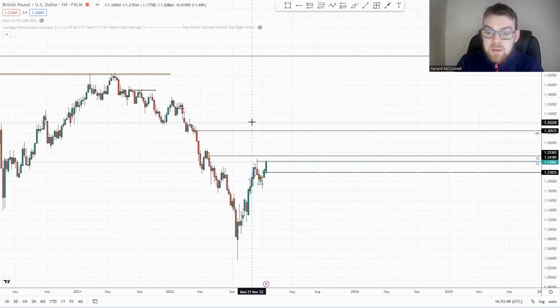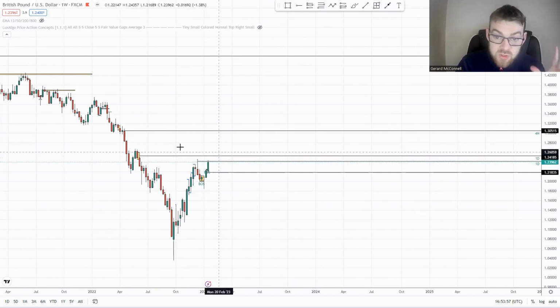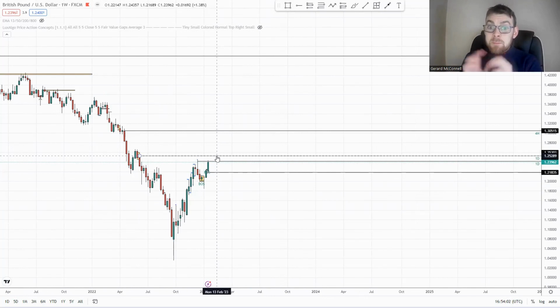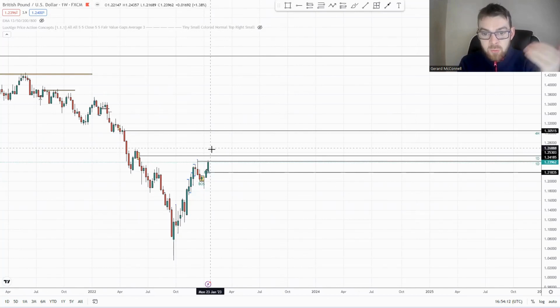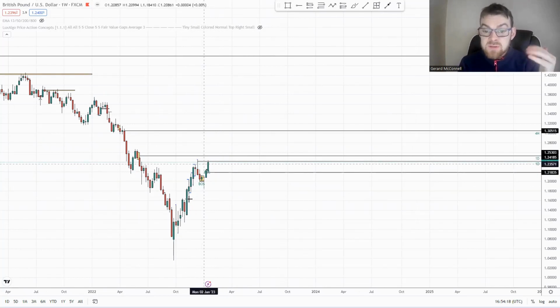All right. So cable obviously continued to progress higher. If you look at the weeklies, strong weekly closure this week. It does look like the market is going to have a run at 125, 126 next week. I think that's going to be important, because if we do see that dollar weakness, particularly into the Fed, on the 1st of February we have the Fed meeting. We've also a raft of US data on the 1st of February. So naturally enough, that could be a potential new high into the FOMC, then a potential pullback on a fundamental shift, and then you're getting your highs and lows within a trend.